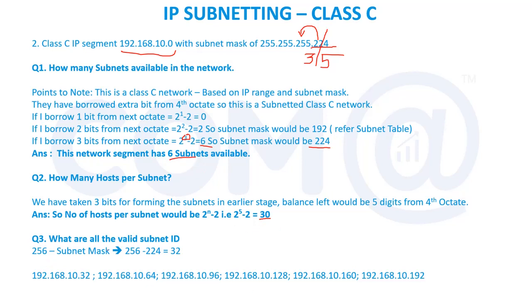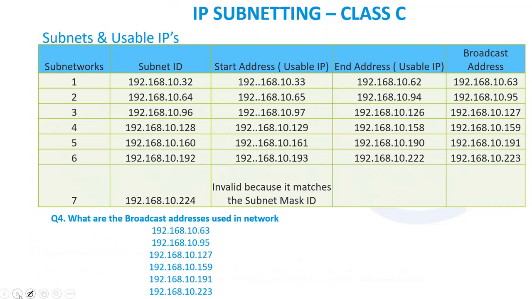Okay, what is the subnet range? Just subtract this 224 from 256. Your subnet range will be 32. So like this, you'll have a table: dot 32, dot 64, right? It will be formed like this. So now I'm taking the table here: dot 32, dot 64, dot 96. Just add the 32 each time. We are stopping at 224 because my subnet mask is matching with 224. So how to form this table? Again, it is simple. We can follow the reverse order and do the calculation.